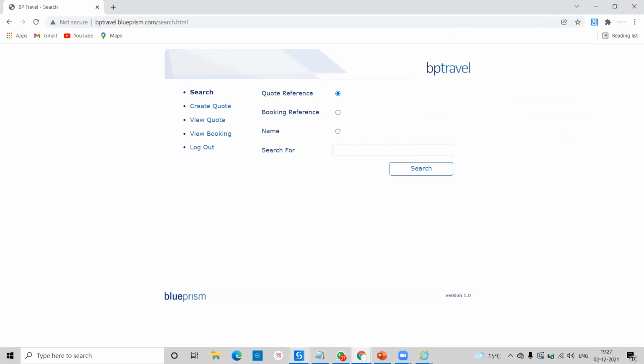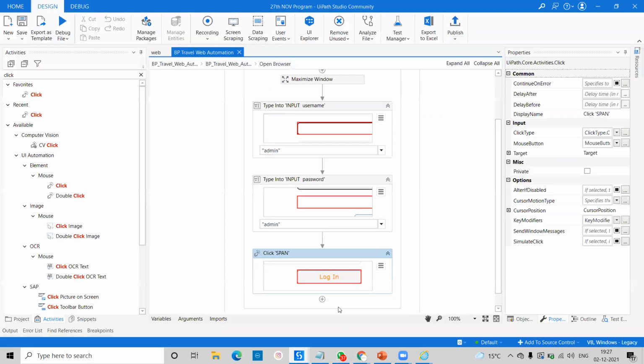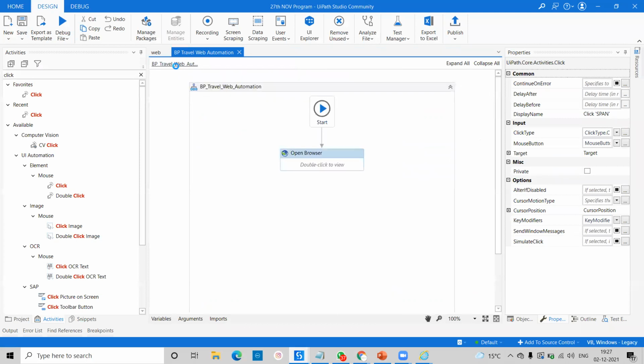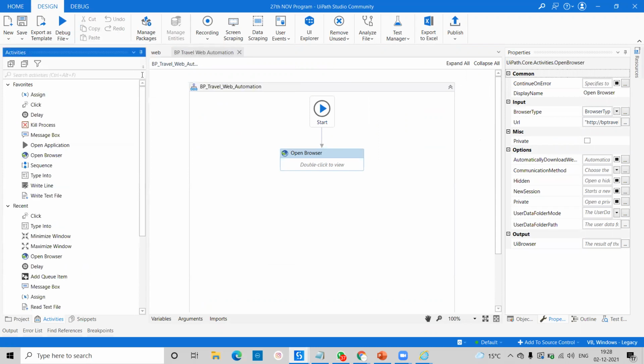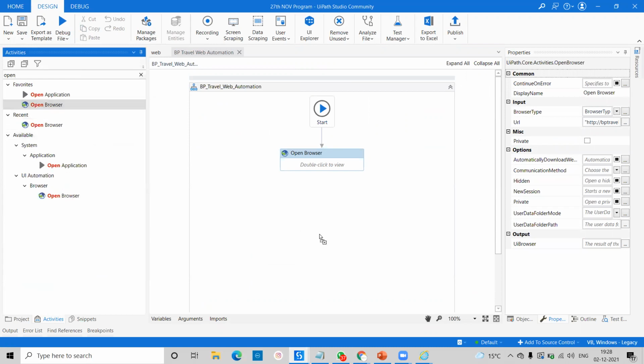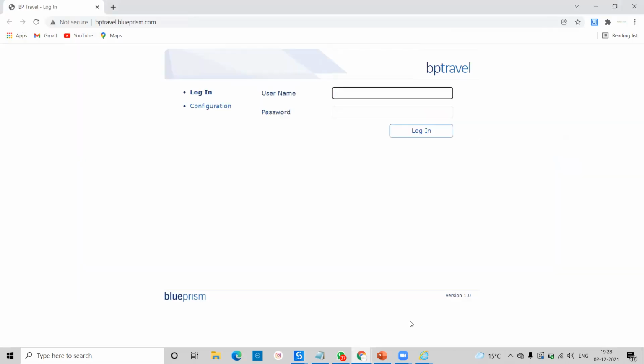Okay, so today we have learned how to automate on different browsers like Internet Explorer and Google Chrome. Okay, so one thing also I will tell you today. First try to understand these things in your Google Chrome. Let me come here. In Google Chrome there is a thing called incognito window.